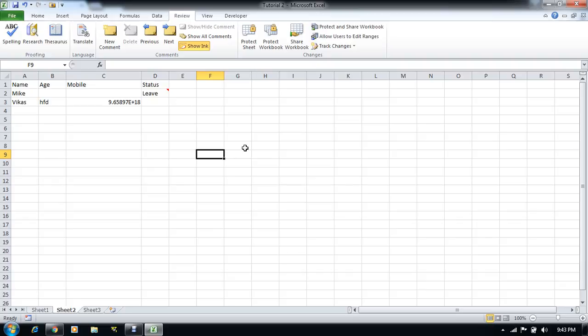By mistake your colleague has made some changes in your Excel or report and forwarded it to your manager. Then your manager will come to you and say, hey, what have you done, that is not expected.